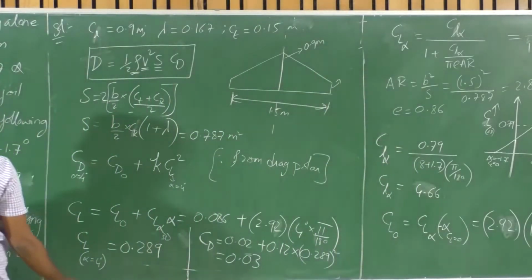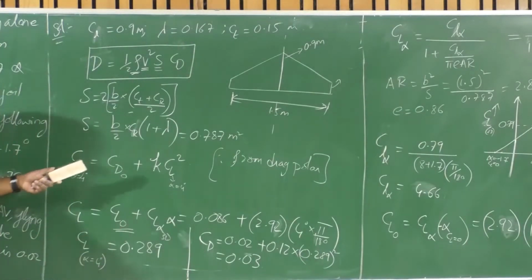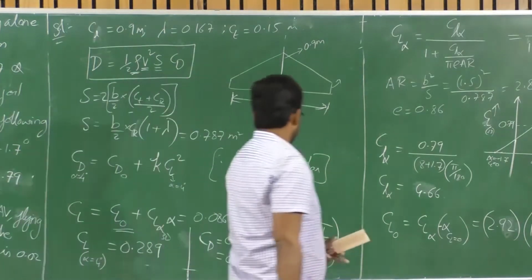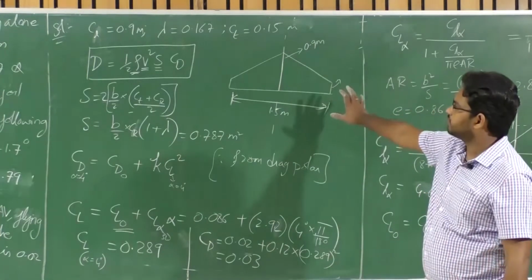And also, don't use the CL naught approach. Use the other one that we have discussed. Right? Take it as a homework problem and send it to us. Okay. So now it is clear, right?